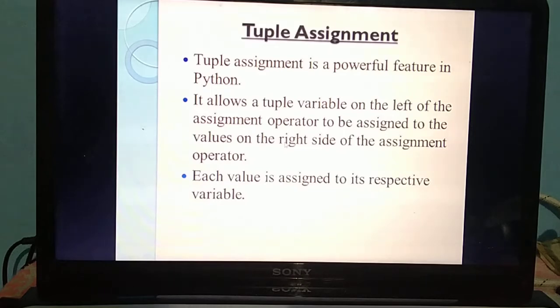So variables you should always mention at the left side. Then 5, the value, is always mentioned at the right side. In between a and 5, you are giving one symbol. Which symbol? Equal to. That symbol we are calling an assignment operator. Equal to symbol is used to assign the values to variables.